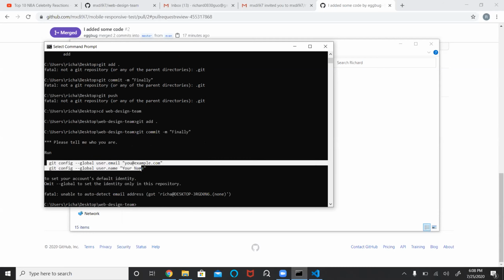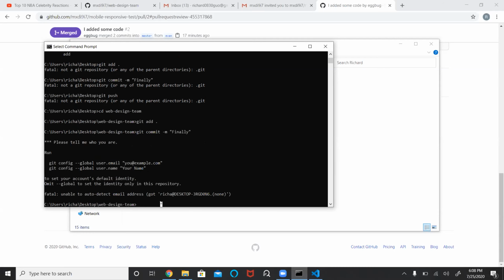So you've got to copy these down and put in your real information. You have to change the email to your own email. But do I have to copy and paste this?